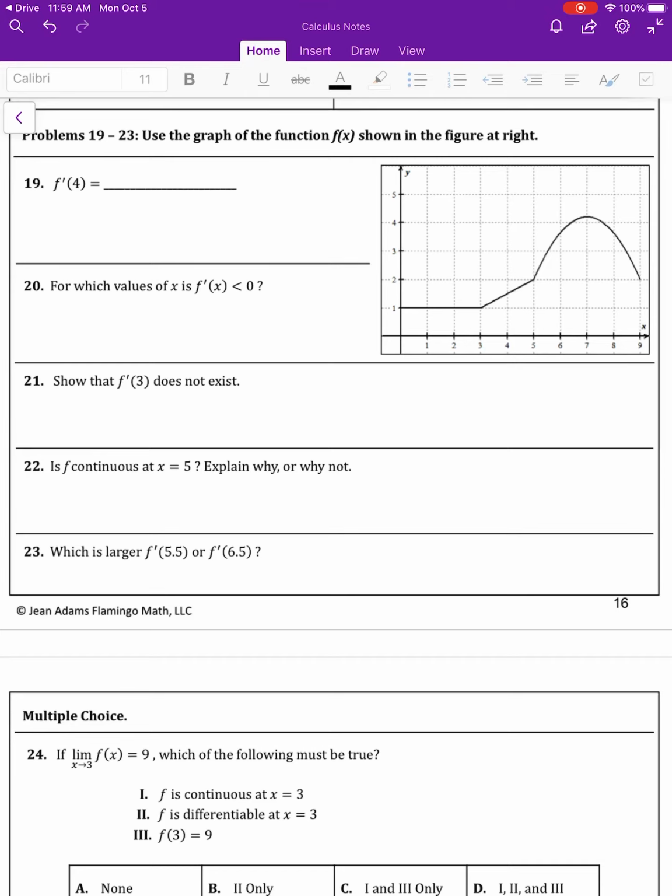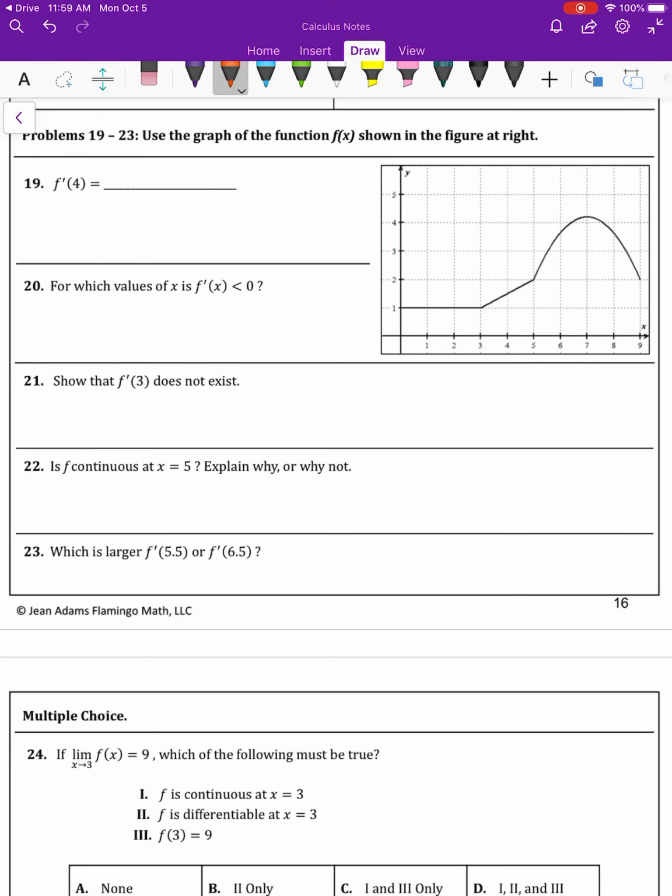I felt bad because I didn't get to go over this entire homework set with you, so I decided to go ahead and talk about 19 to